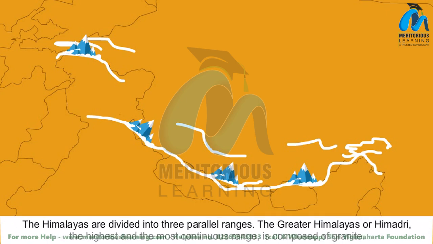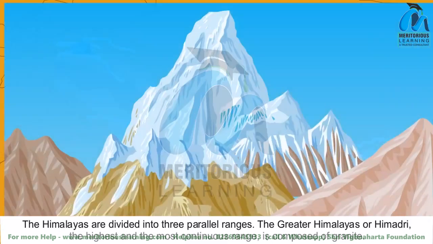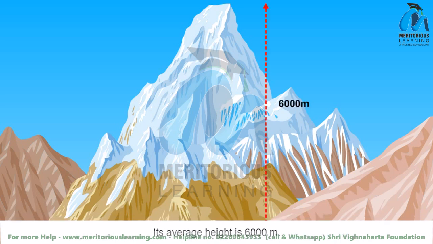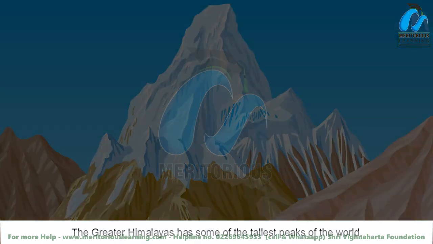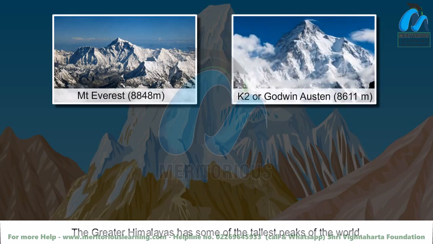The Himalayas are divided into three parallel ranges. The Greater Himalayas or Himadri, the highest and the most continuous range, is composed of granite. Its average height is 6,000 meters. It has some of the tallest peaks of the world, like Mount Everest, 8,848 meters, K2 or Godwin-Austen,